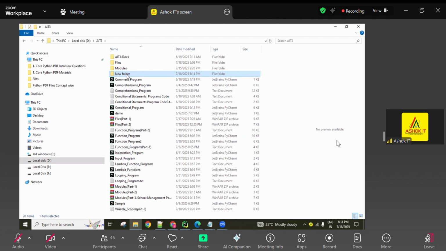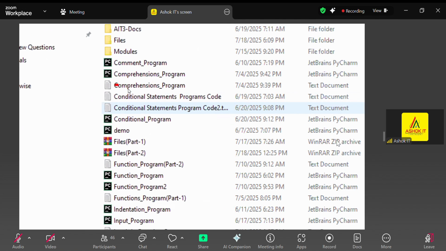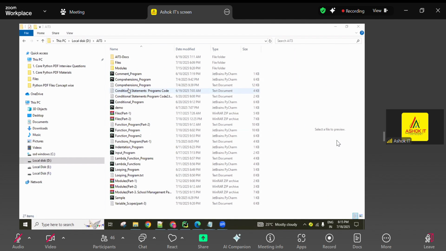If we want to delete this folder, right-clicking this folder and going to delete, guys. Okay, we can update the data, we can delete the data, whatever we want, we can do it using this OS. Understanding? If you are learning Linux, there is folder creation,